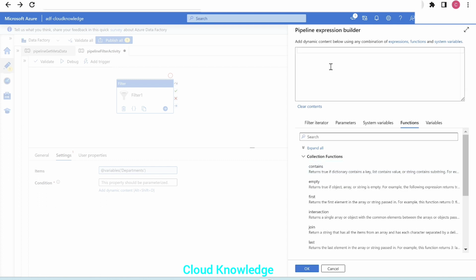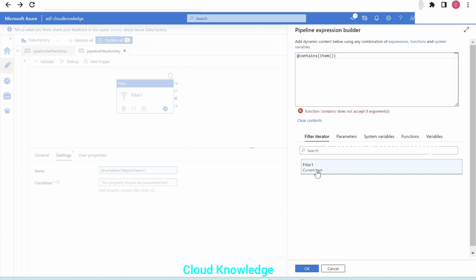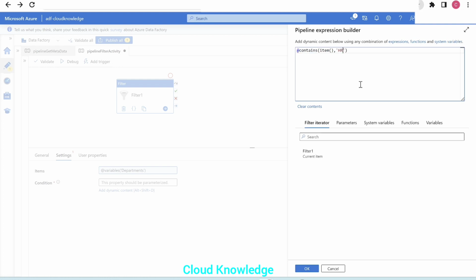So we'll click on contains and take the input value which is coming from the filter items, that is the input array, that is the current item. And if this contains HR, so we'll give HR, then filter out those values.